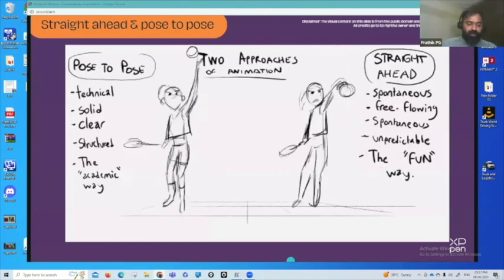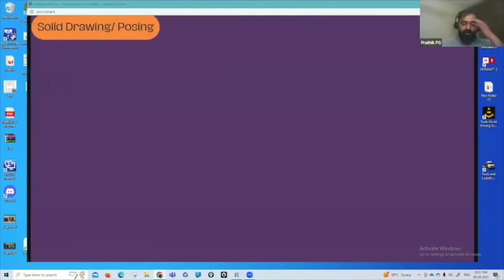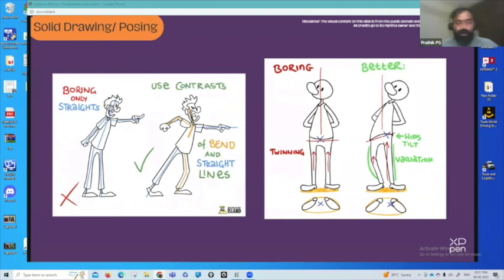Okay. The next topic that I wanted to touch on is solid drawing and posing. Solid drawing is what we say in 2D, but I would like to call it solid posing. Posing is very important in 3D because it basically tells you where your character is and how your character is, basically the energy, and the pose itself will be able to tell you